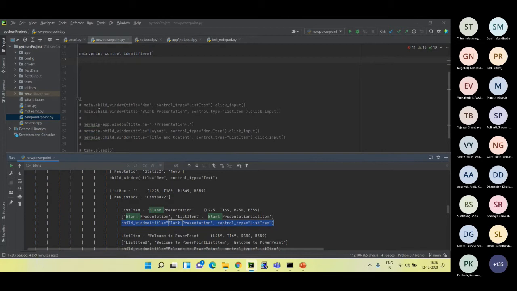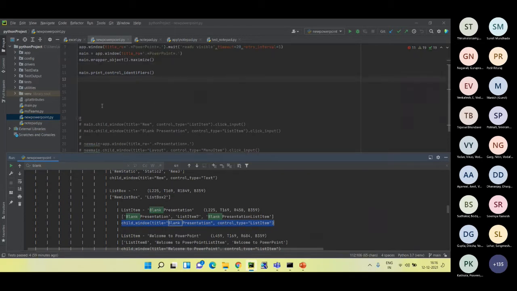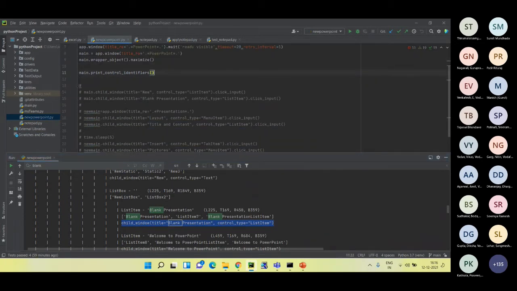Okay, so here if you see the main, where I had put the print control identifiers, after the main I go to child window and use the same, what do we say, child window properties of the new. From the new only I can go to the blank presentation.